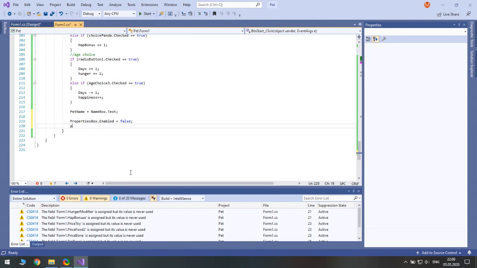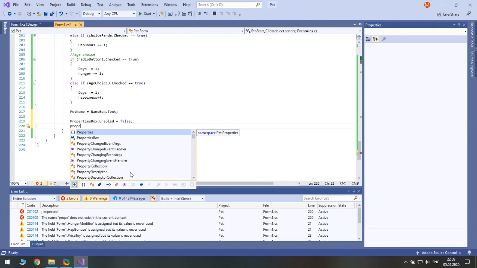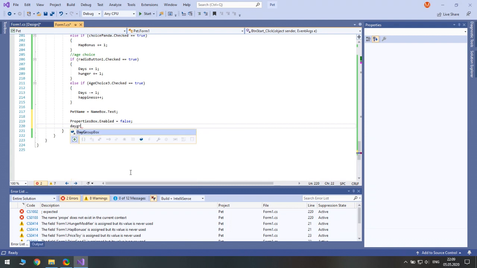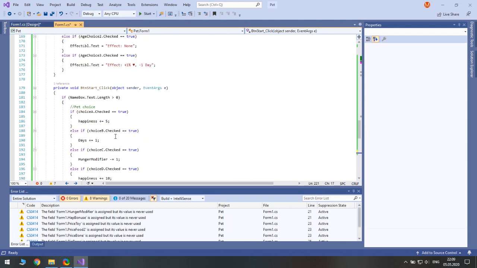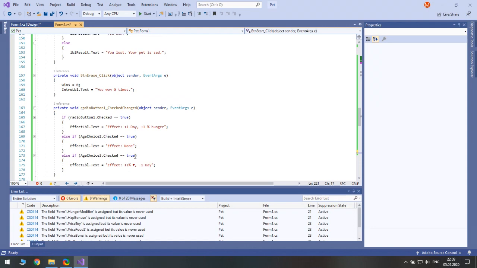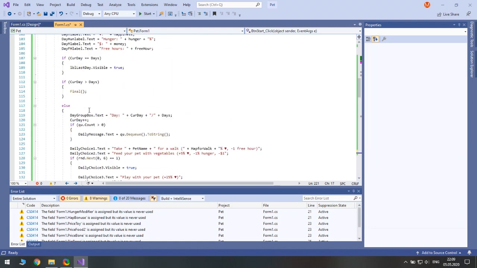So properties box day group box visibility will be equal to true, and in order to actually start the game, we call our play method.